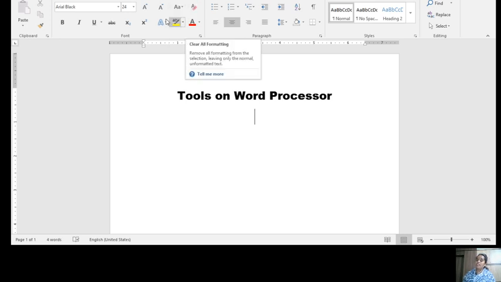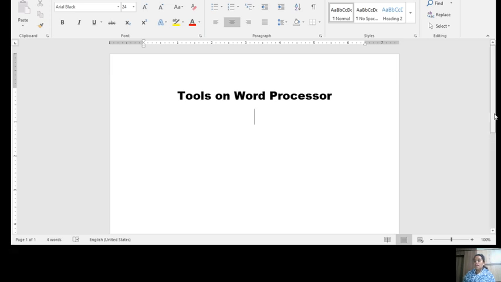Erasing a character, clearing the formatting. Word art, different effects. Then text highlight color and font color. So this is called a group. This whole thing is called the ribbon. File, Home and these components are called tabs. The document name is called the title bar, wherein you have save, refresh, save as button, spelling and grammar. This is called your quick access toolbar. This is your window control button, wherein you have minimize, maximize and close. So these things you have understood.